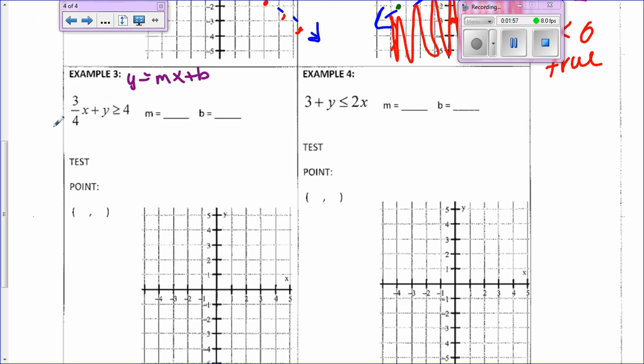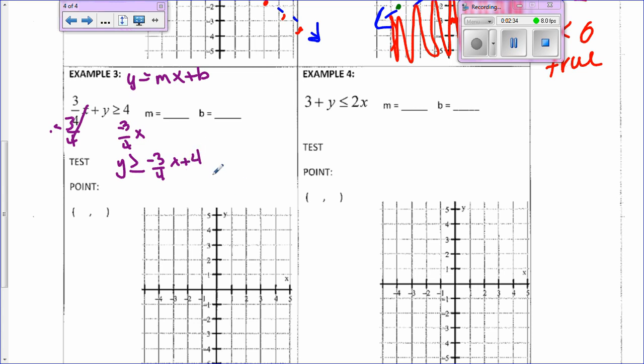So what I'm going to do is subtract 3 over 4x on this side, and then I'm going to put it right over here, negative 3 over 4x. You guys are going to have to bear with me. I know this is really bad. I'm still learning this, okay? So that means it will read, y is greater than or equal to negative 3 over 4x